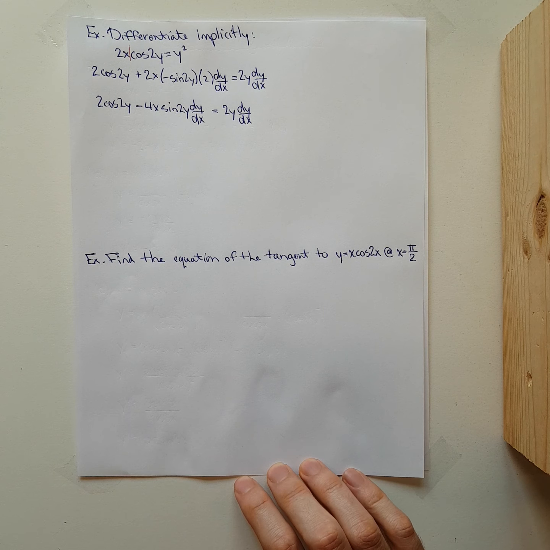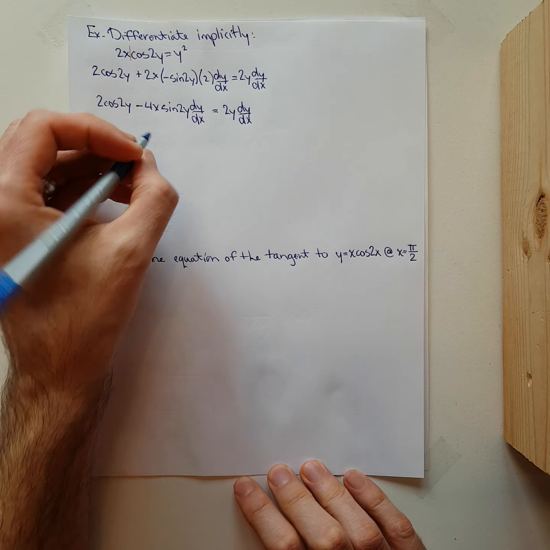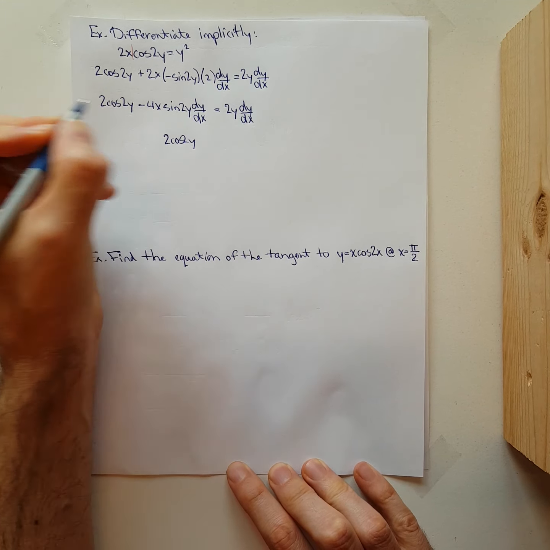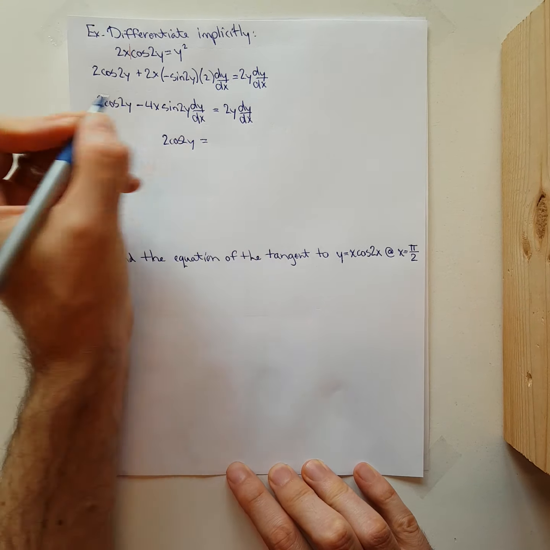Collecting all our dy by dx's together on the same side will give us then 2 cos 2y, and on this side we will get then 2y dy by dx plus 4x sine 2y